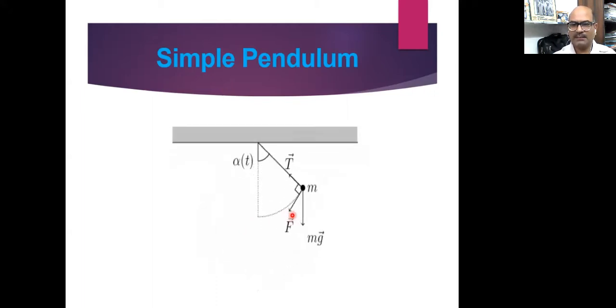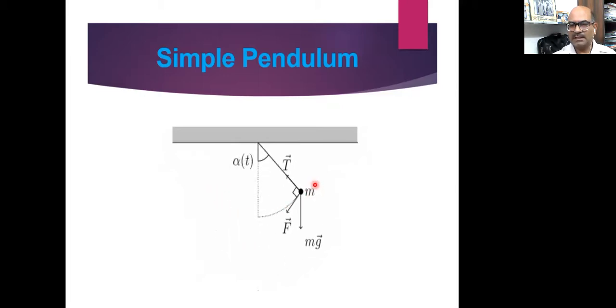When we see the simple pendulum, it is the best example to understand simple harmonic motion. We can understand that if a bob is attached to a string, there are certain properties of the string: it should be massless and inextensible. If that kind of string is there and the mass is being rotated like that,